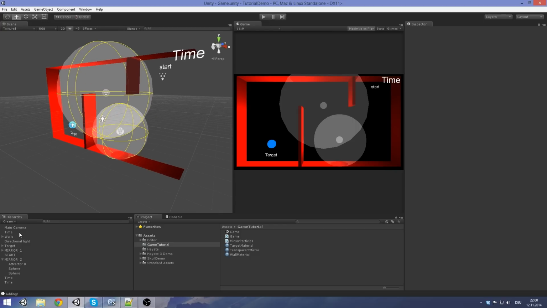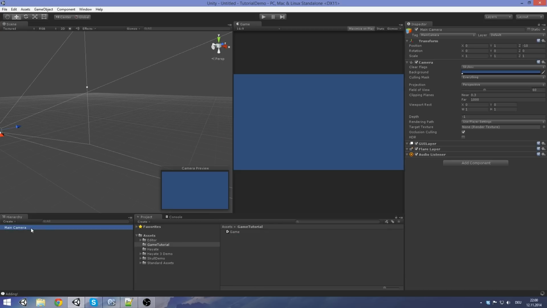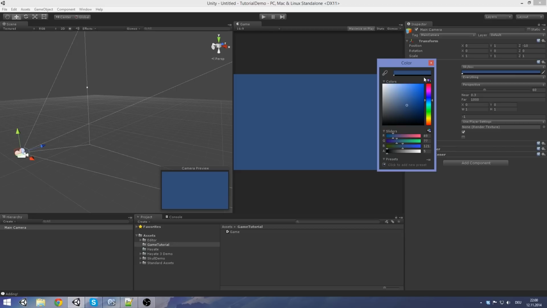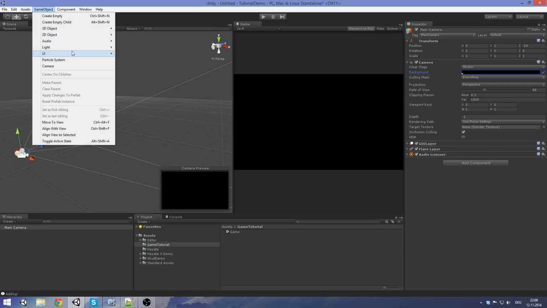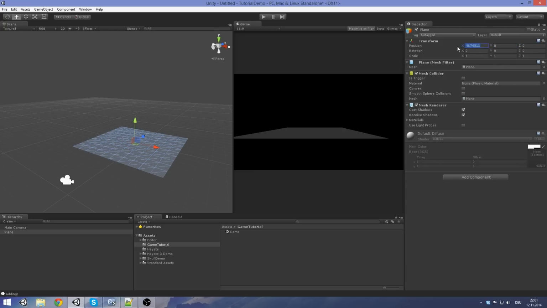Okay, let's start from scratch. Create a new scene, and let's delete all of that here. And yeah, let's set up our scene here. I'm going to make this dark and create the basic level here. I'm using the very basic primitives so everybody can follow. We're making a 2D game, so I'm going to place all the entities on the z-axis at 0. I'm going to start with this as well. Make this 0 all, and